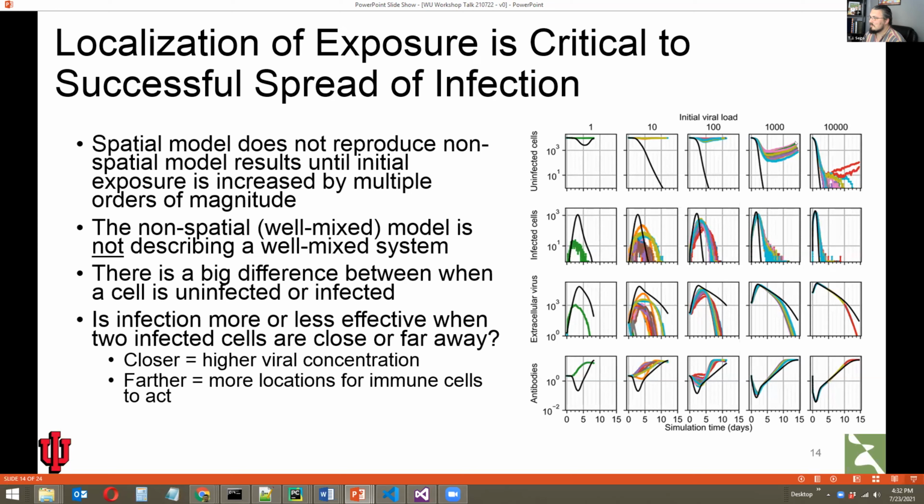Whereas a factor of even 1,000 still gets significant infection, lots of death, lots of immune response, however, recovery in every single simulation replica out of 50 for each of these sets of initial conditions.